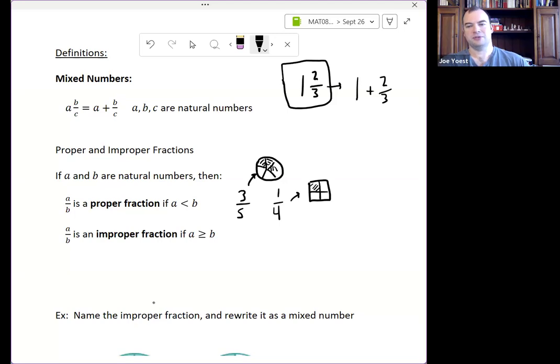Or I could look at an improper fraction where the numerator is at least as big as the denominator. Something like 5/3. Well, I actually have 1, 2, 3. I actually run out of thirds with just one circle. If I have one circle, I divide it into thirds. I have 3/3 that I could potentially shade in. I shade in all three of those. 1, 2, 3, but I need more. I need 5 of them. So I actually need to make a new circle.